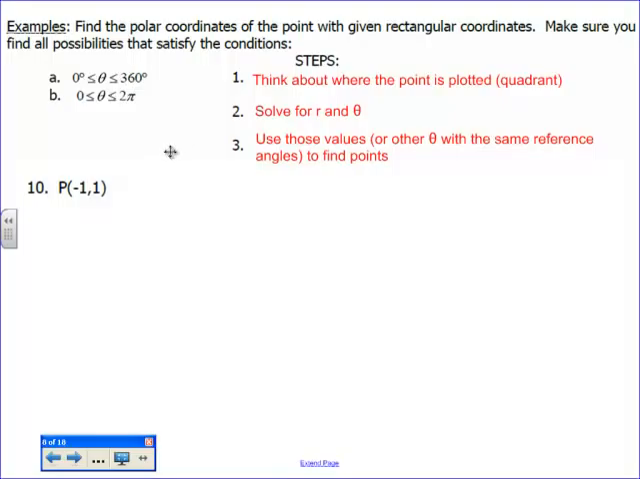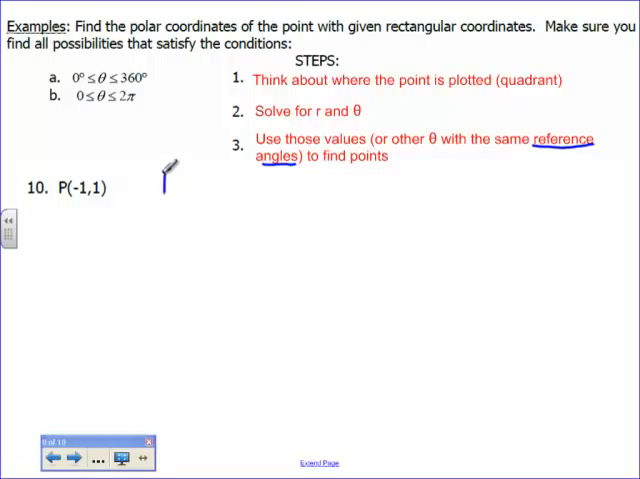Here are your steps. Step 1, think about where you're going to plot this point. What quadrant will it be located in? Use your equation, step 2, to solve for r and theta. So you use that Pythagorean equation and tangent equation to solve. Then step 3, use those values or other theta with the same reference angles. Don't forget about those reference angles in the other quadrant to find the points. Our first example is